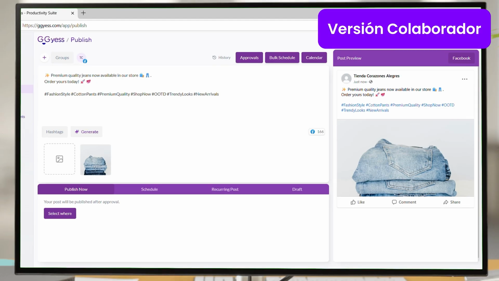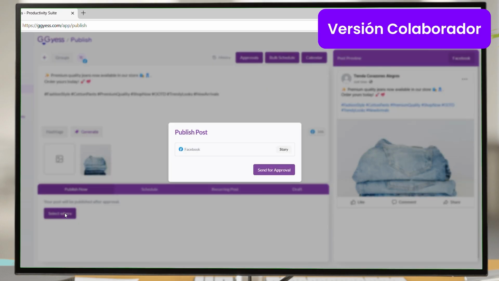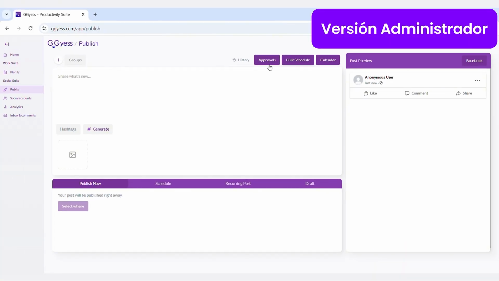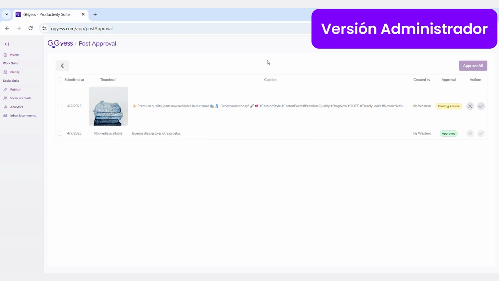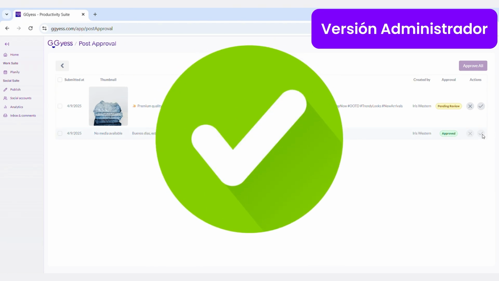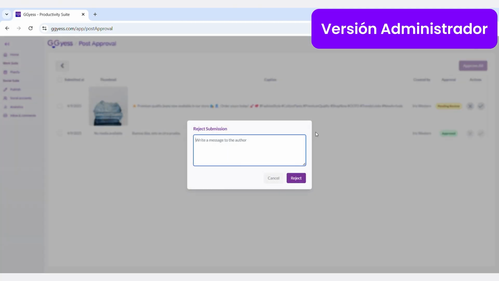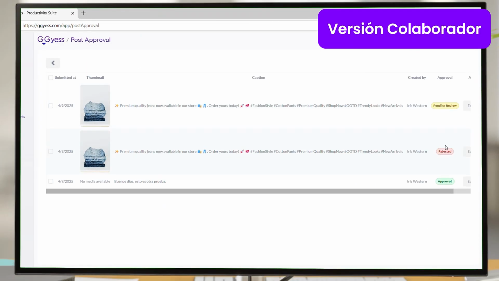The Enterprise Plan for Teams has one more option, which allows you to send posts for review. If you manage a hierarchy of authorizations, this function is very useful so that the immediate superior can view the post, the copy, and decide if it is approved or rejected. If it is approved, the post will be published with the conditions and rules established by its creator. And if it is rejected, this post will receive a note from the person in charge of authorizing it, with